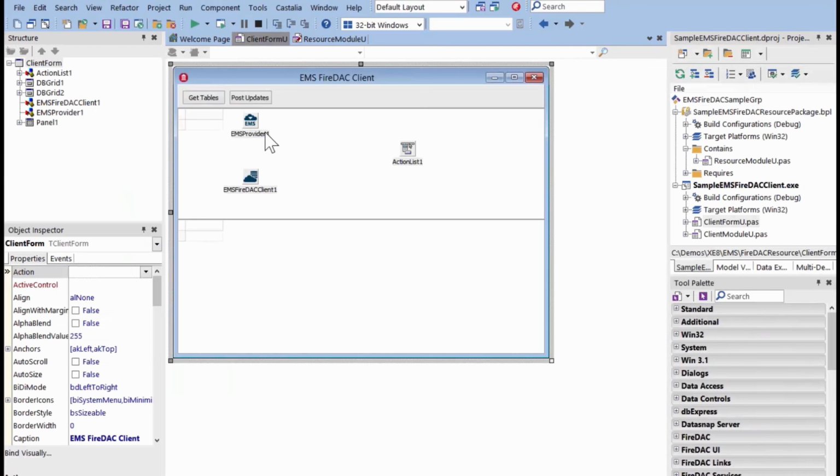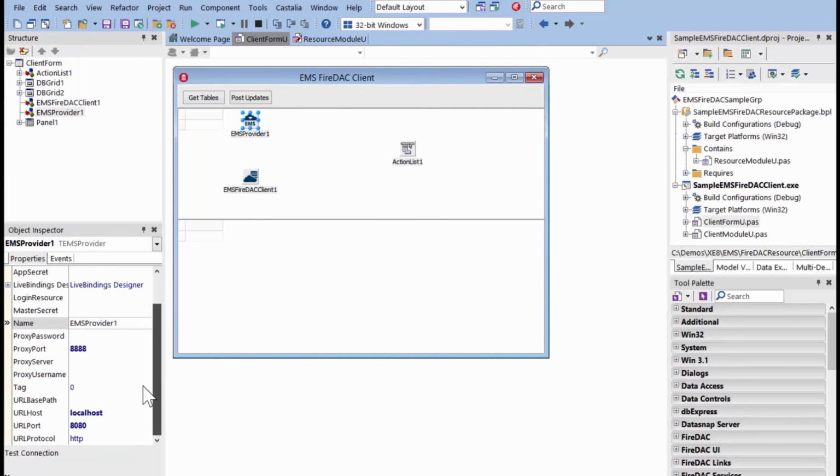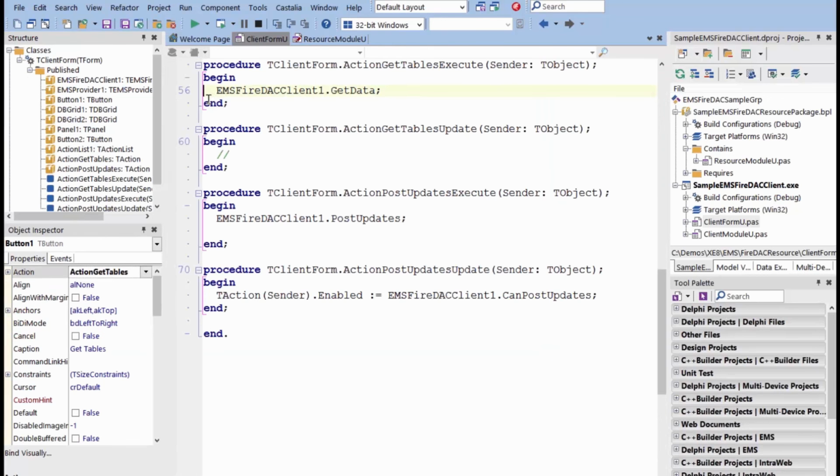So for EMS, we include an EMS provider. The important properties here are where the EMS server is running, what its URL host is, and what port it's running on. There's an EMS FireDAC client, and this tells us the resource that we want to hit. So in our case, we want to hit the test resource. And if we look at the two functions here, get tables and post tables,